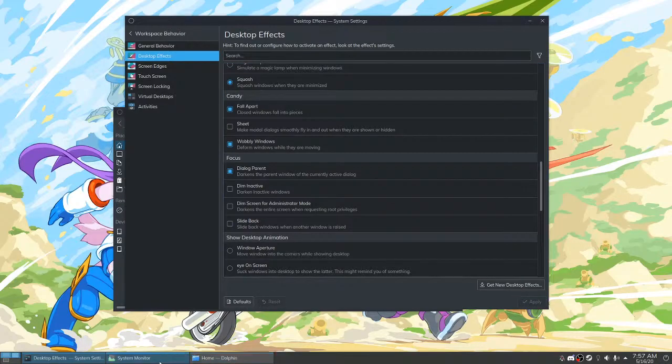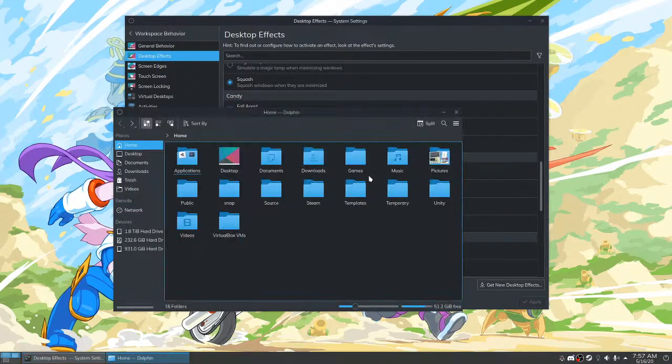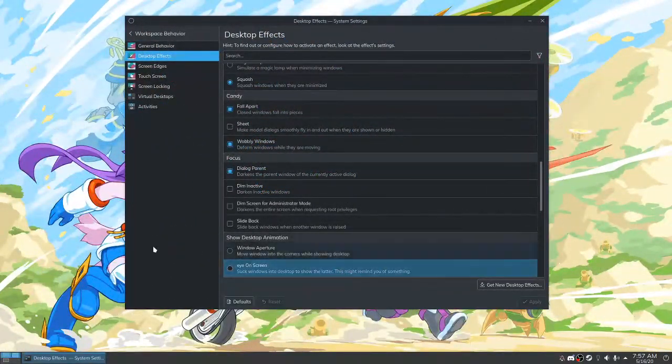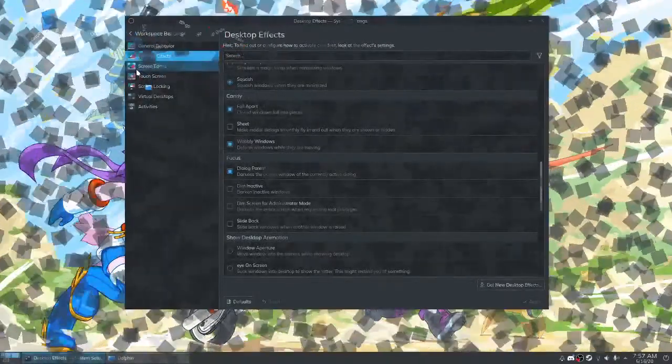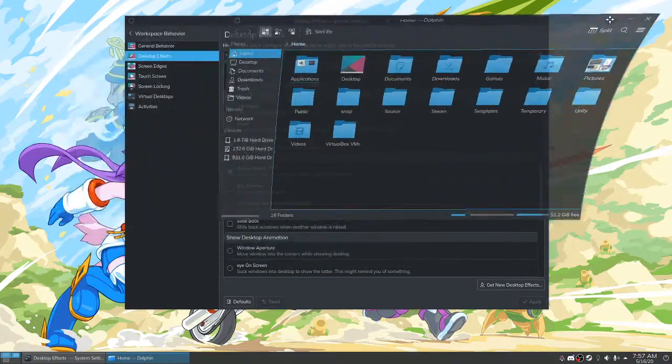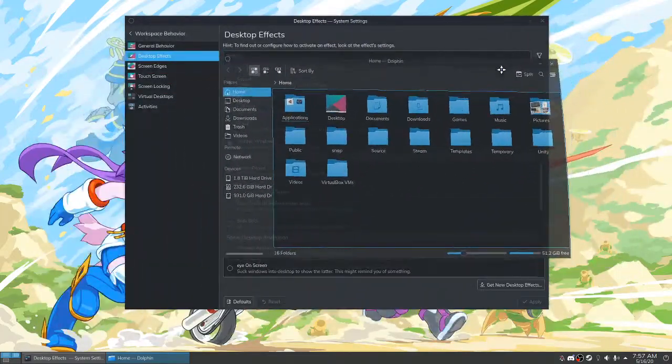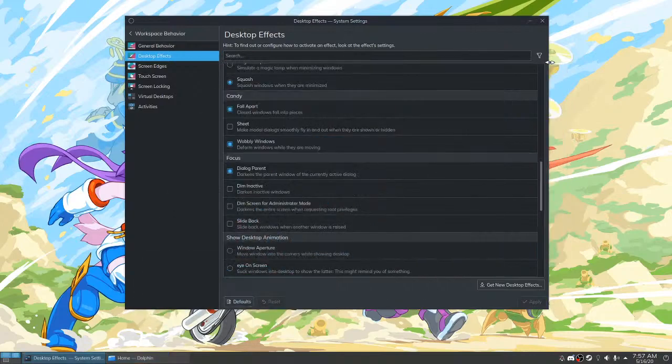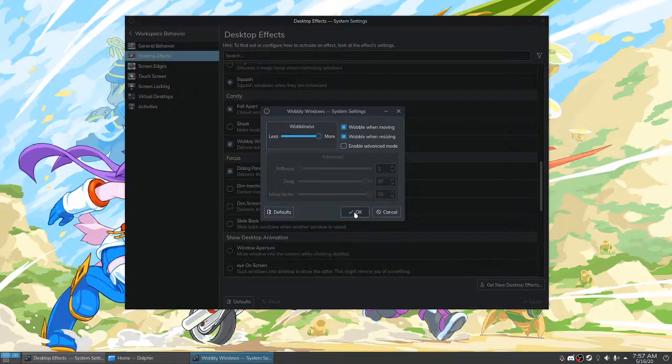I really enjoy this one too. Boom! You know, it's the little things. I'm going to leave those on too. Let's see how long I can stand it. I mean, it handles it pretty well. You'd think it would tear and do all sorts of stupid things, but it's doing fine. Manjaro KDE is pretty cool. You love that animation? You can make the windows more wobbly. Here we go.